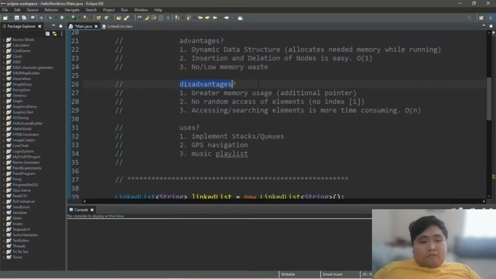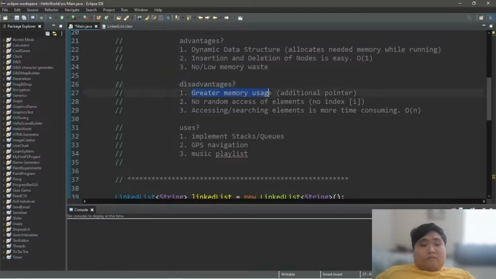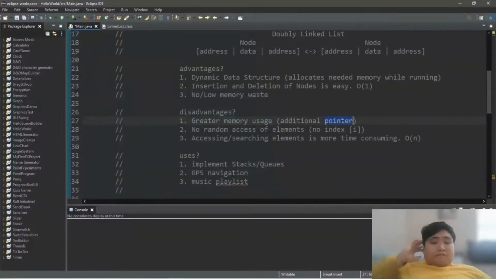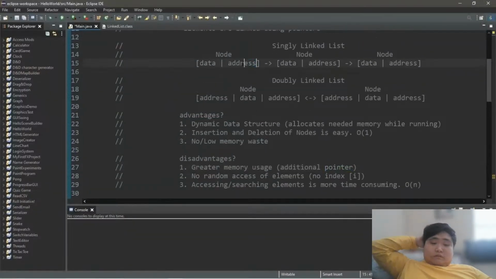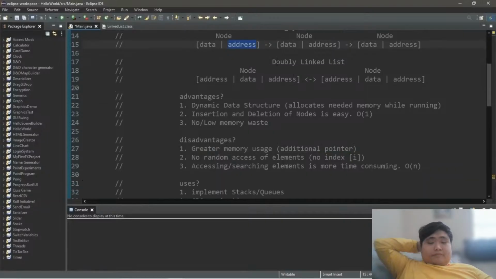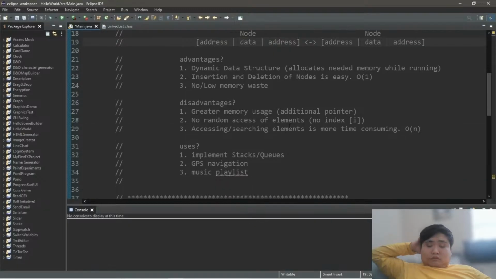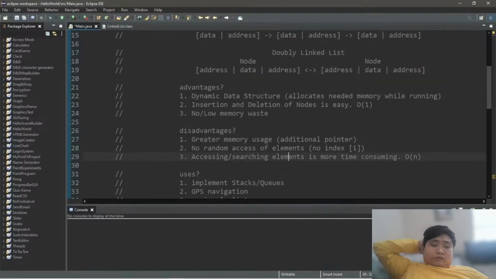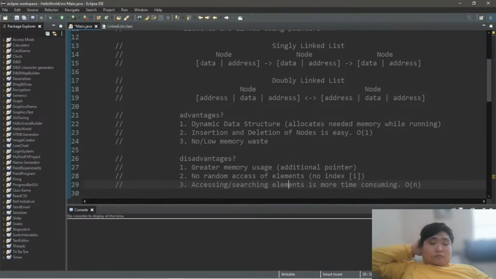What are some disadvantages? One, there is greater memory usage because we have to store an additional pointer. Each node also stores the address for where the next node is located. And even more so with a doubly linked list, this will use a lot more memory because we need two addresses for each node. Now, two, there's no random access of elements within a linked list. To find an element, we need to begin at one